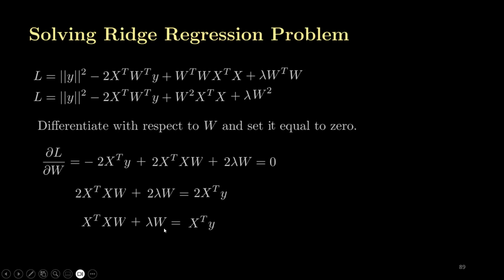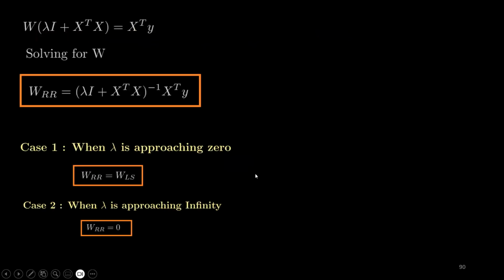Now the last step is that we are looking for the W, that is the optimal set of weights for ridge regression. So we will take W common from both these terms. If we take W common, we will be left with lambda plus X transpose X. So these are the matrices. Since all these are matrices, I am multiplying the lambda with the identity matrix in order to transform this into a matrix, because lambda may be 0, lambda may be infinity, but it is a single value, it is not a matrix. So in order to transform this into a matrix so that we can perform addition, I have multiplied this lambda